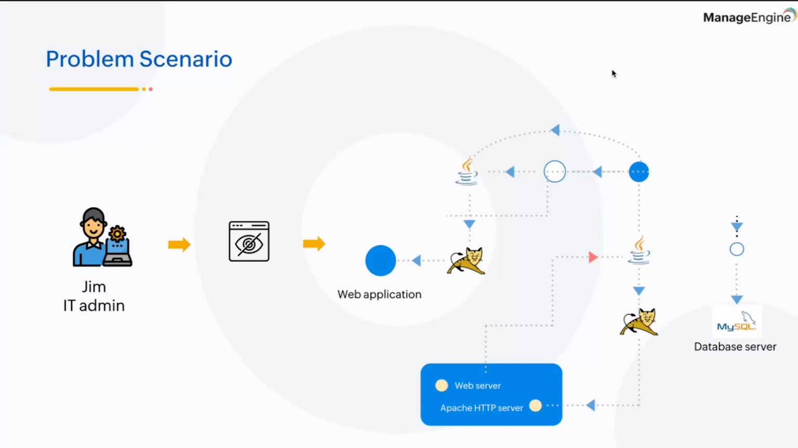Every time an issue arises, whether it's a slow application, an overloaded server, or an unknown dependency, it takes hours or even days to manually map out the affected components. Now, this lack of visibility could lead to delayed troubleshooting, performance bottlenecks, and worst of all, downtime that impacts end users. Now, some of the common challenges that teams like Jim or you might face is that you often rely